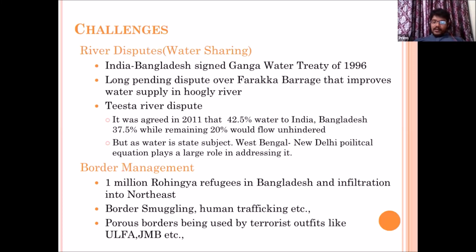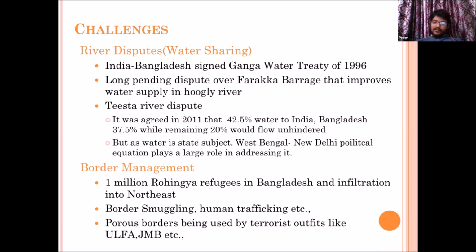But after that, there was a project done in West Bengal of India called the Farakka Barrage. This barrage is basically a dam kind of thing on the Hooghly River, to improve the water flow in the Hooghly River. But this river also flows into Bangladesh, and Bangladesh started opposing this barrage. It is similar to how Andhra Pradesh and Telangana fight for water. If one constructs a dam, they say our water will be stopped and the water flow will be reduced. This is at least between states in India.